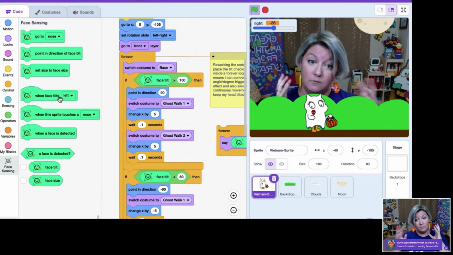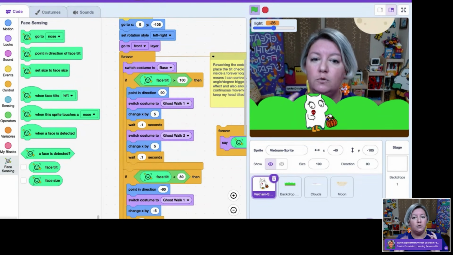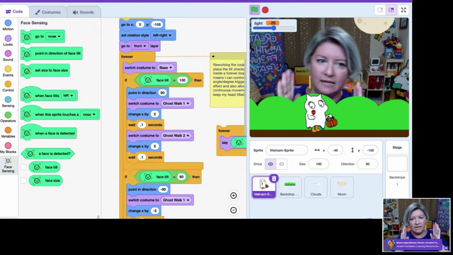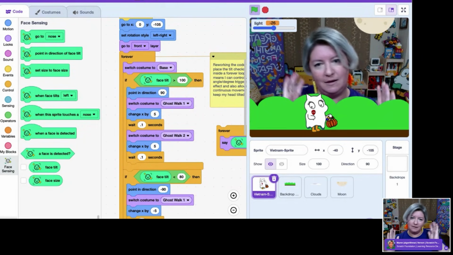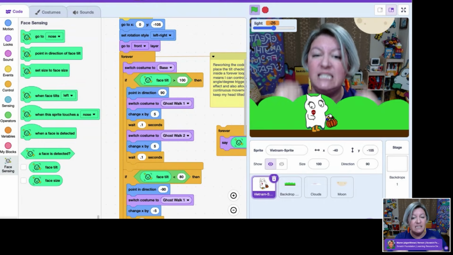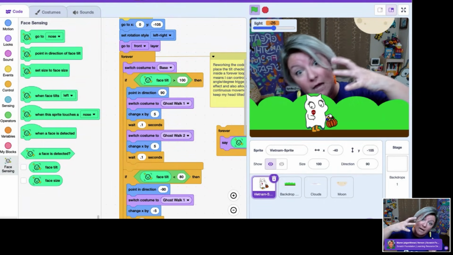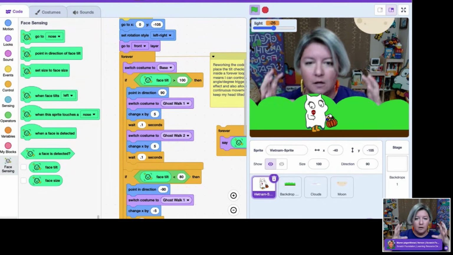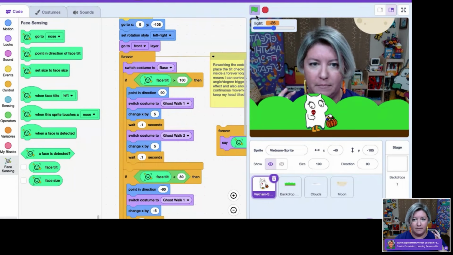What I did find when I was doing my little experiment here was using those, they were just too sensitive. Like, I found myself, I'm a bit of a mover talker, right? As you probably noticed. So they were a little too sensitive for me for what I needed here. So I wanted to have it be a specific degree of me really turning my head before this action happened.